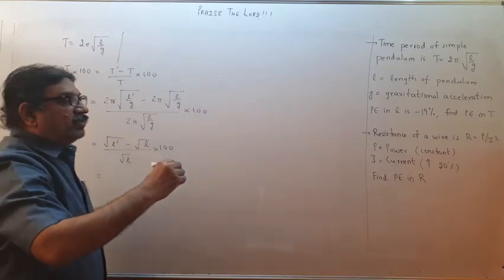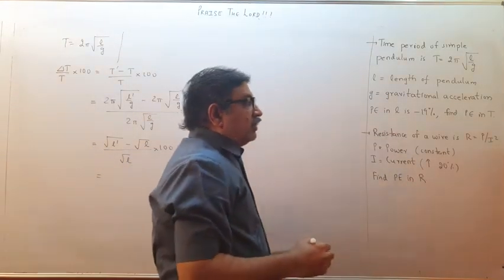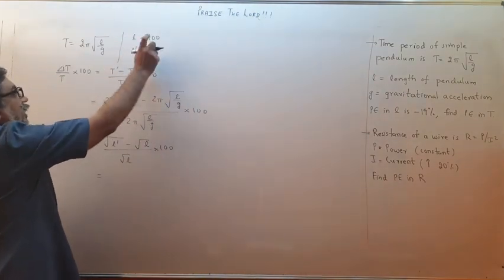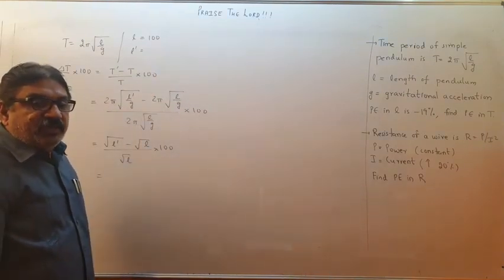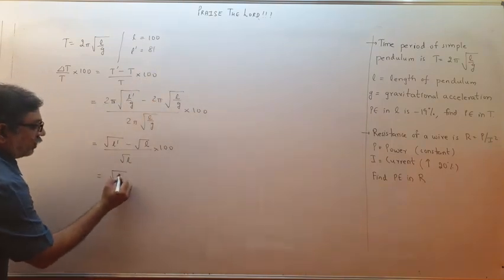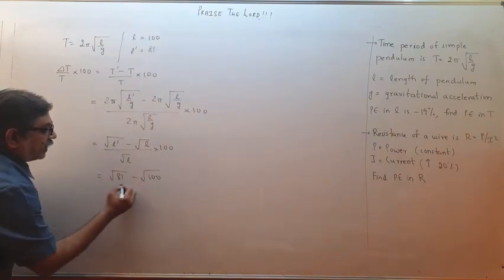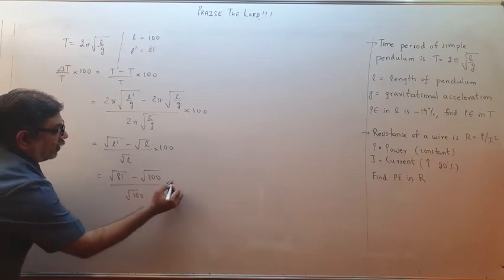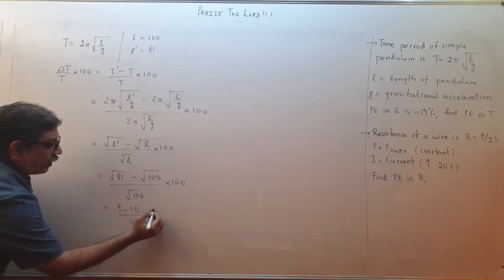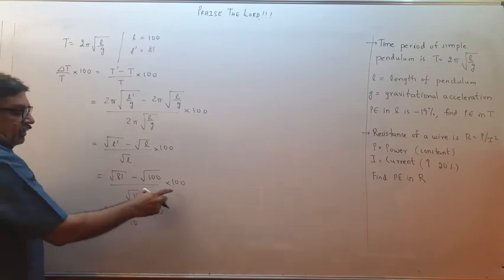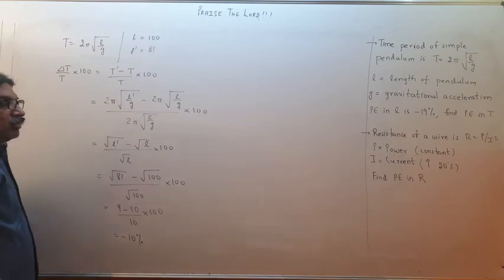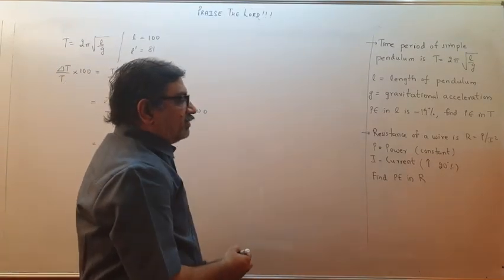Now, change in length is 19% negative. So I told you, original length you always assume as 100. So L' will be 19% of 100, which is 19. It is decreasing, so 100 minus 19 becomes 81. So right here, (81 minus 100) upon 100 into 100. So (9 minus 10) upon 10 into 100. See, this is 10 and 100. So minus 1 by 10, so this is minus 10%. So time period will decrease by 10%, that is the point.